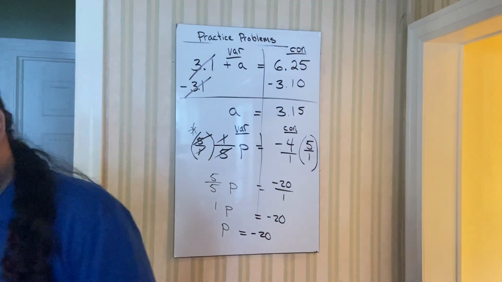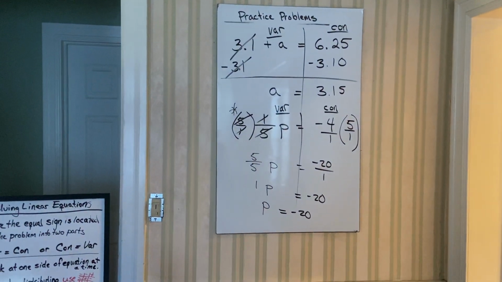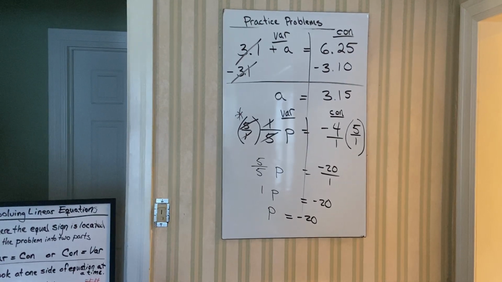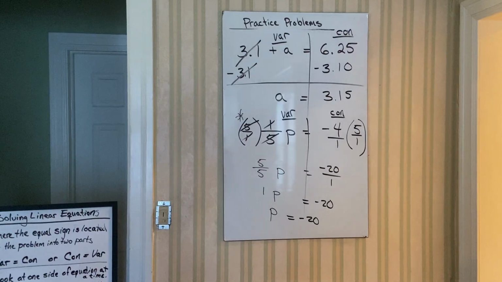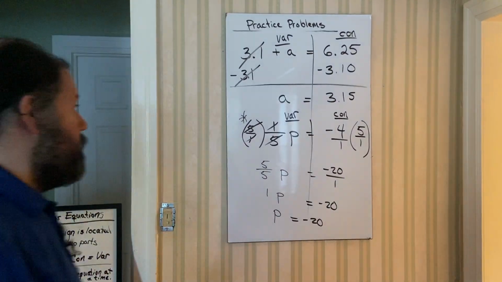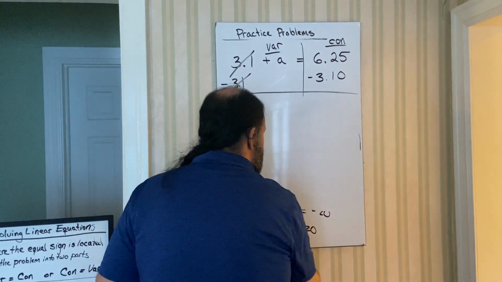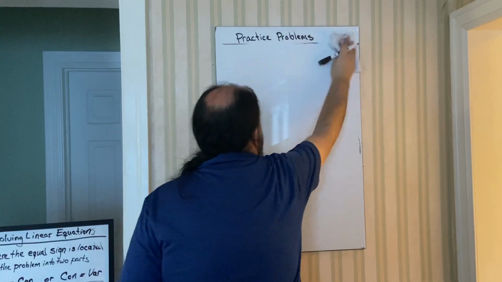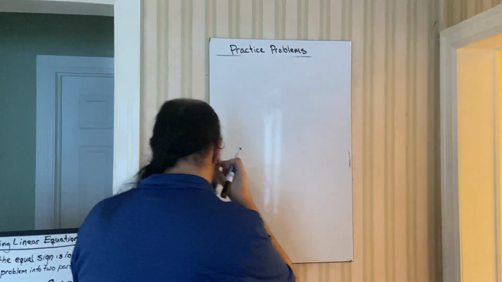So we did have a little trick here because we technically are not allowed to divide by fractions. So anytime you see your coefficient as a fraction, just remember that you have to multiply by the reciprocal. Let's do 2 more of these, and then I'll come back with some trick problems. So let's try